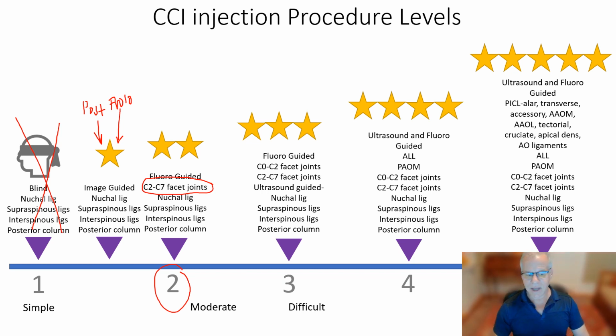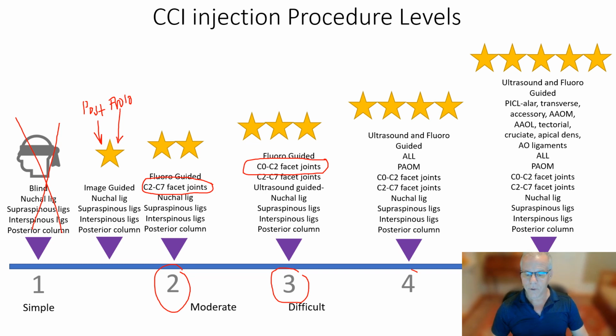And then by the time we get to level 3, we're getting into those upper cervical facet joints. Now, that's rarefied air for 99.9% of the clinics that do these facet joint injections with things like PRP or other things like bone marrow concentrate. Why? Because they're extremely difficult to do. And so that's why it's level 3. We're going up a level in difficulty here.